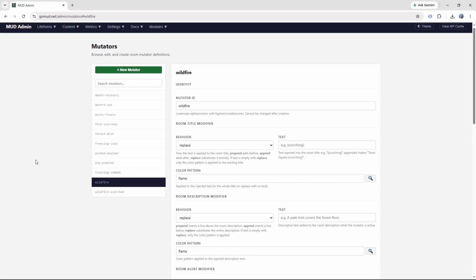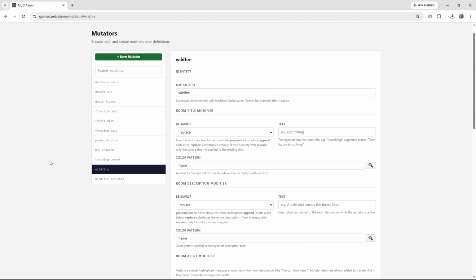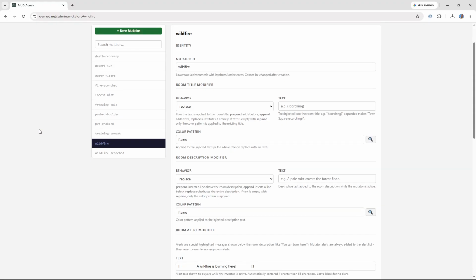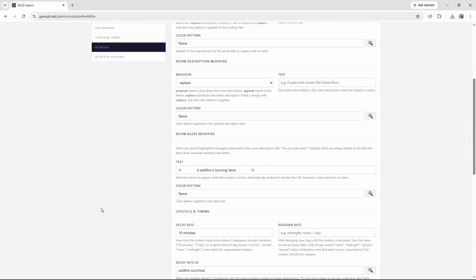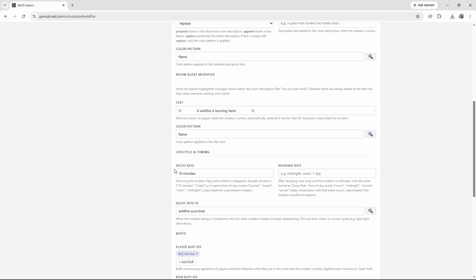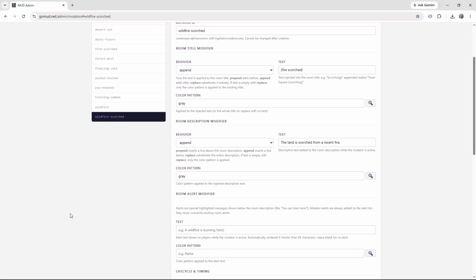a wildfire. What a wildfire will do is potentially spread to other areas, and it will make the whole room look like it's got this flame effect. All the text will look red and orange, and it'll say there's a fire burning here. It sort of decays over time, and after 10 minutes of in-game time, not real time, in this case, it will then decay into this mutator, which is wildfire scorched, which means now the text that it